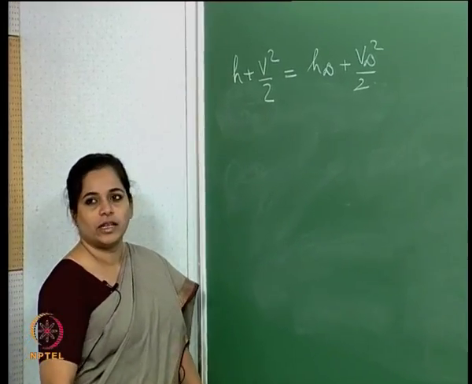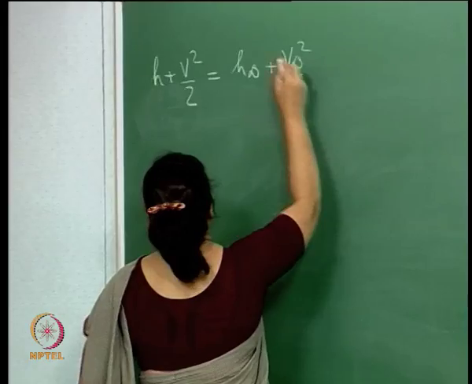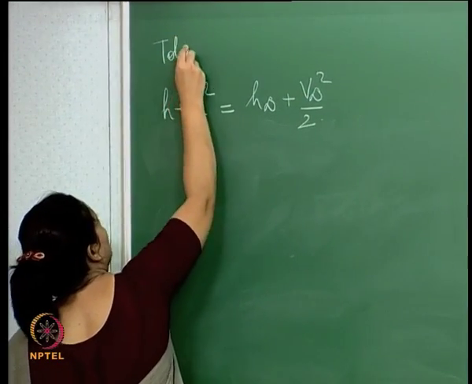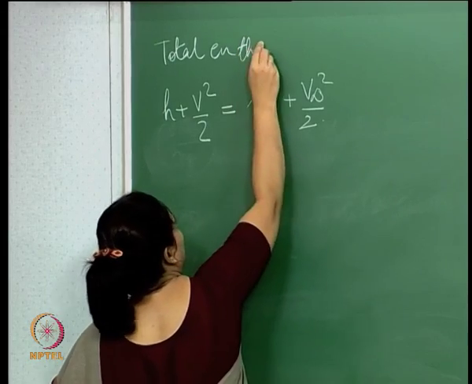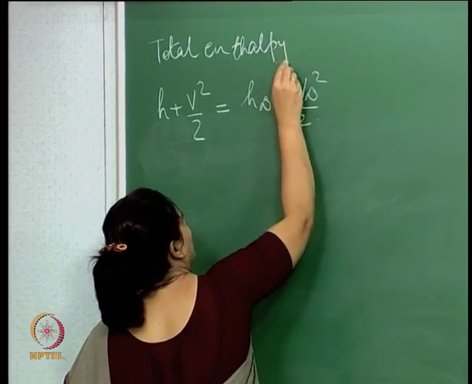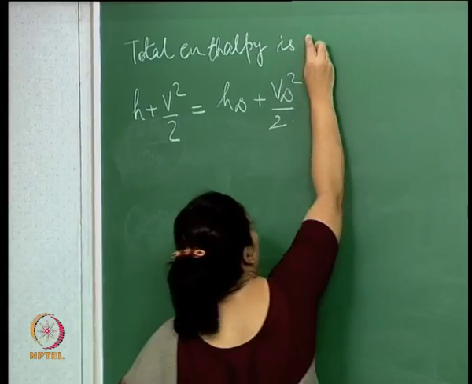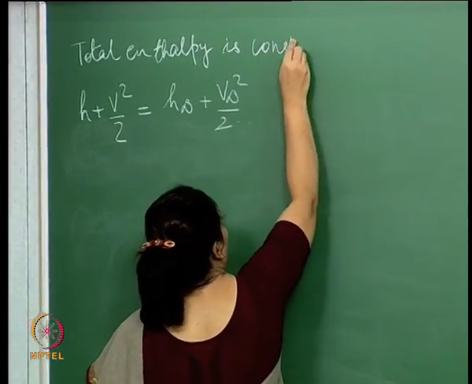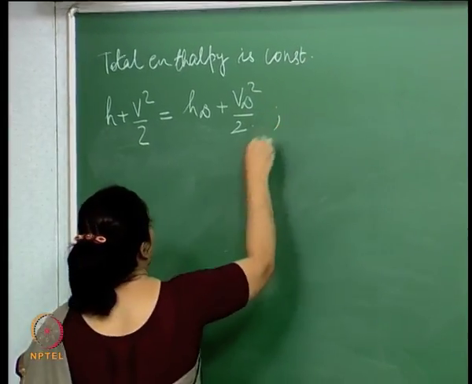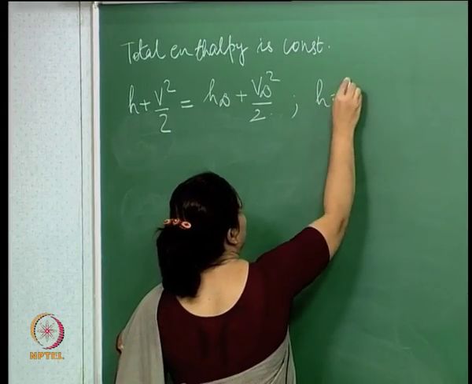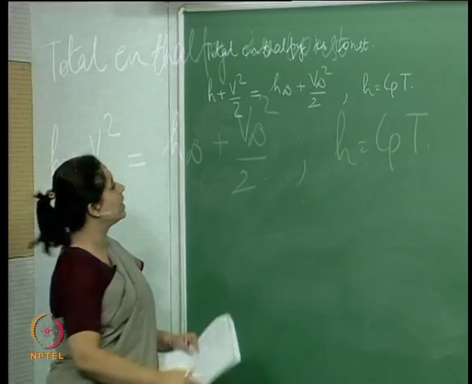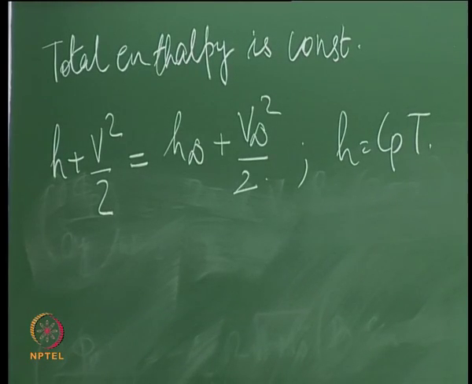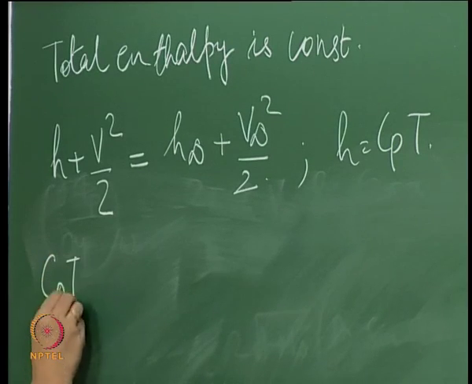Now the reason I write this is because total enthalpy is constant. Okay. Now for a calorically perfect gas, we also know that this is equal to, we know this, right? So if we know this, then let us write this out. So this equation becomes